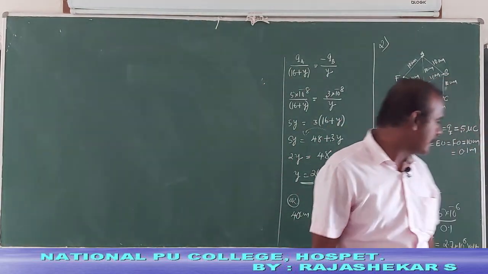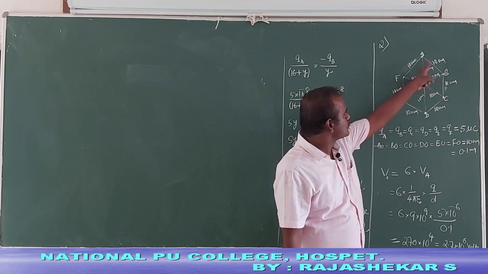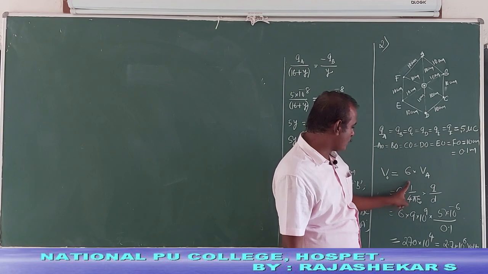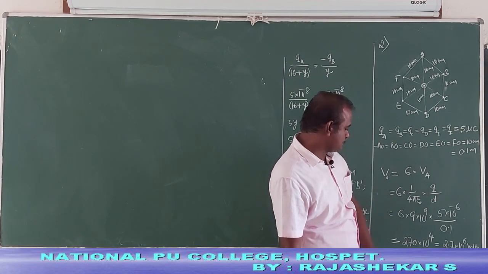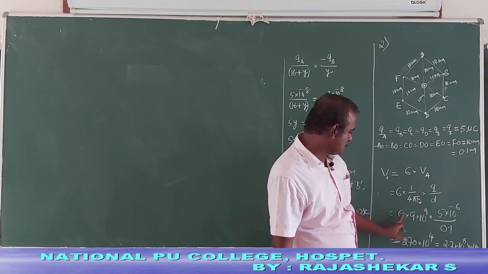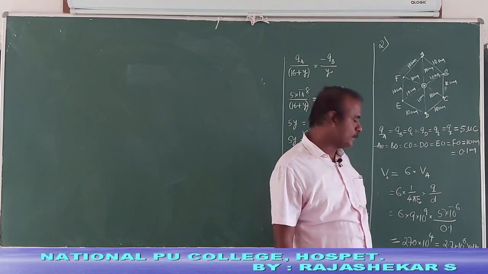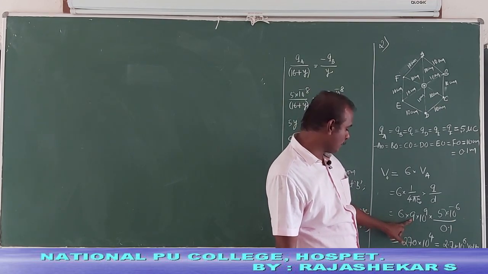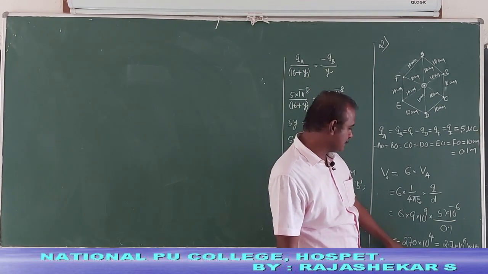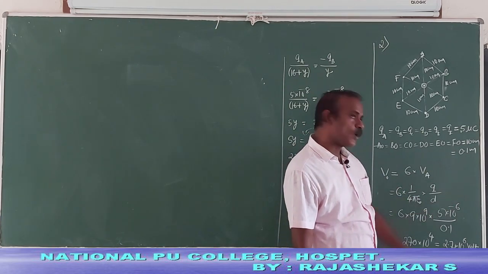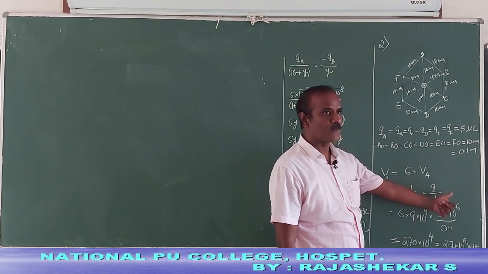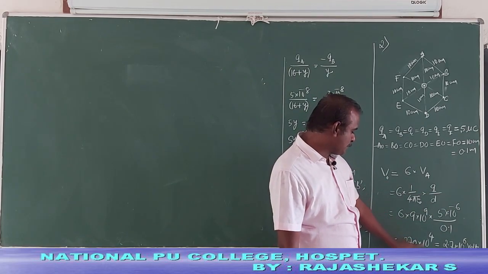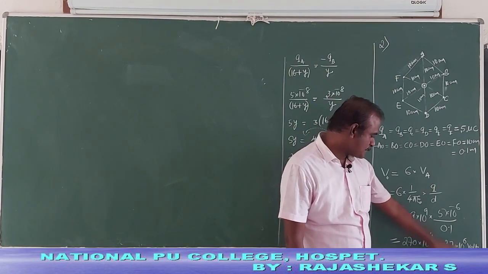You can verify the calculation. There being 6 charges, 6 times the potential due to any one charge, and hence the formula for potential due to a charge is this. This distance is 0.1 meter, 6 times 5 microcoulomb, 6 5 is 30, 30 into 9, 270. And this is 10 power 9, 10 power minus 6, 10 power plus 3, and here 10 power minus 1 goes to numerator, becomes 10 power plus 1. So 10 power 4, changing the position of decimal point, here it comes, 10 power 6.